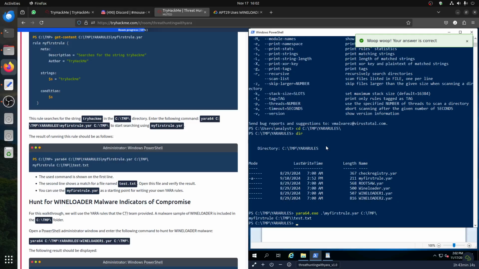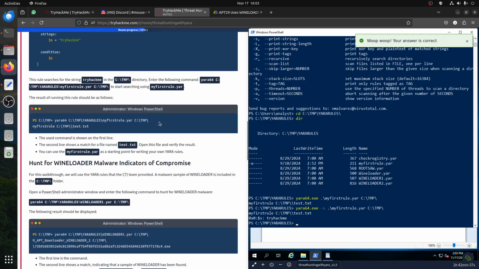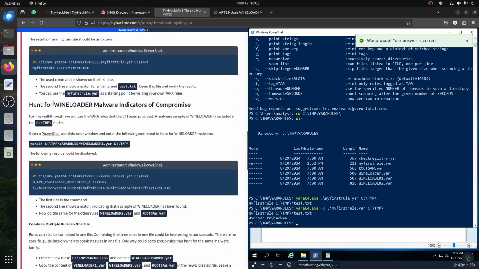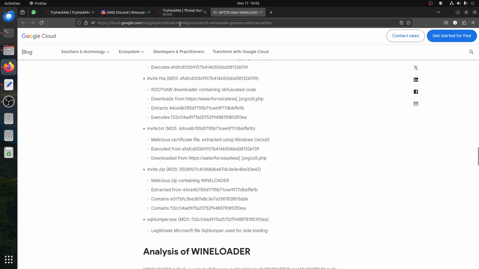So it gives us, it said found it in test. I can say, for example, what exactly you found. I can just say -s. Of course, it found TryHackMe, because that's exactly the string we're looking for. And then, for example, here they give us an example, the same for this one. We talked about the